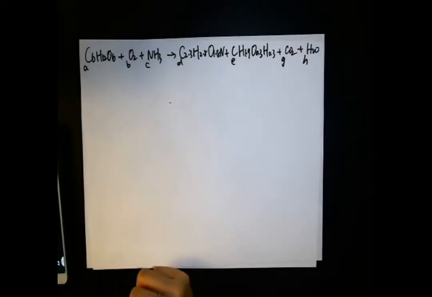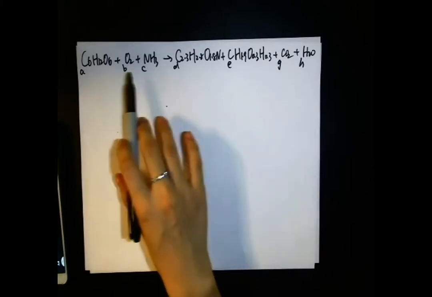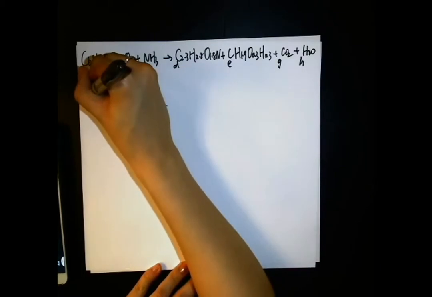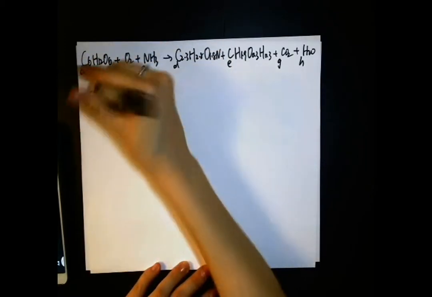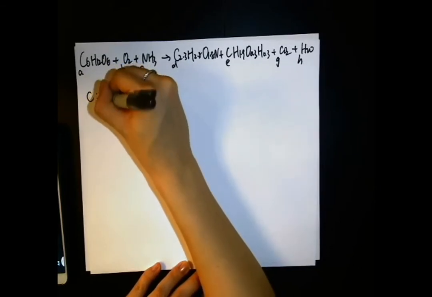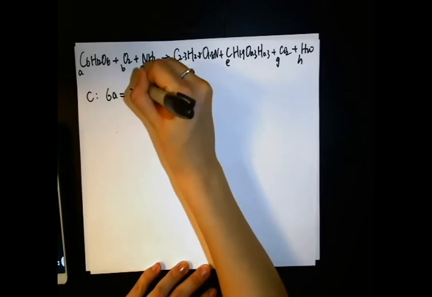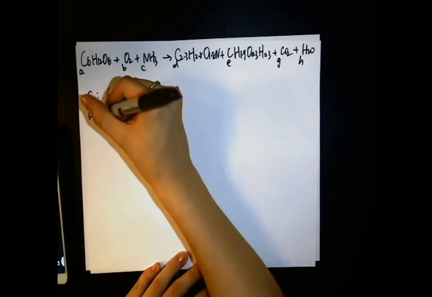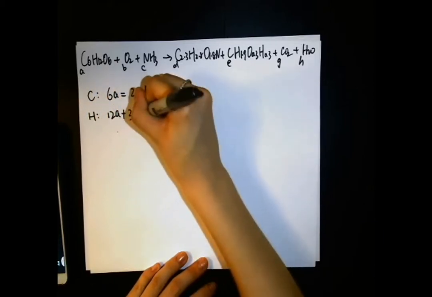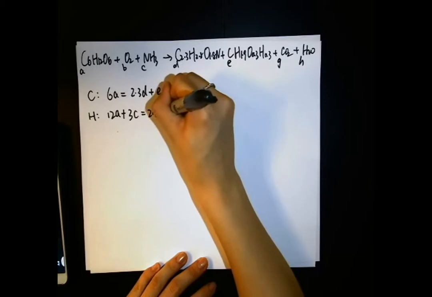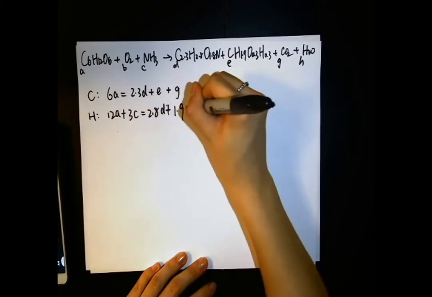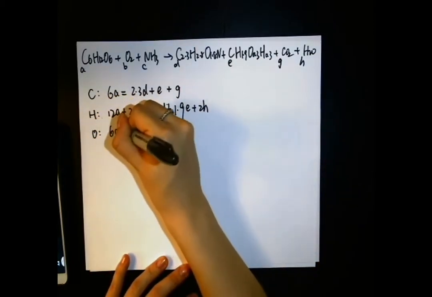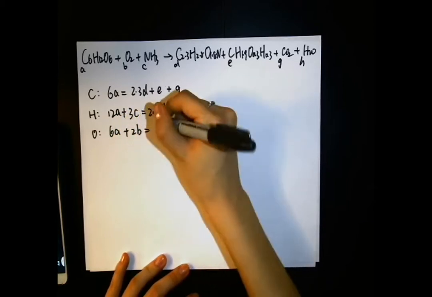So this is our unbalanced chemical equation, and we're going to make A, B, C, D, E, G, H the coefficients. And now we're going to write out the element balances for each element. So for carbon, it'll be... and hydrogen would be 12A plus 3C is equal to 2.8D plus 1.9E plus 2H. And for oxygen, it'll be 6A plus 2B is equal to 1.8D